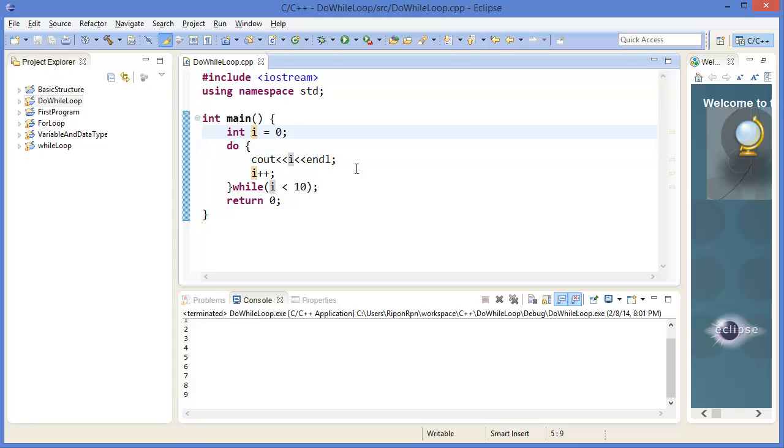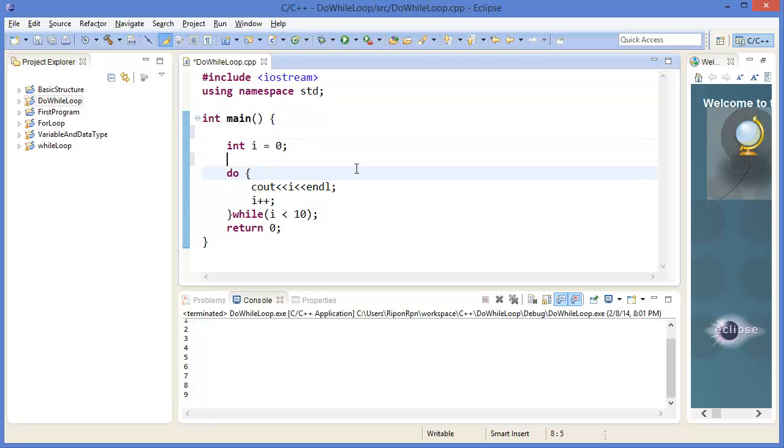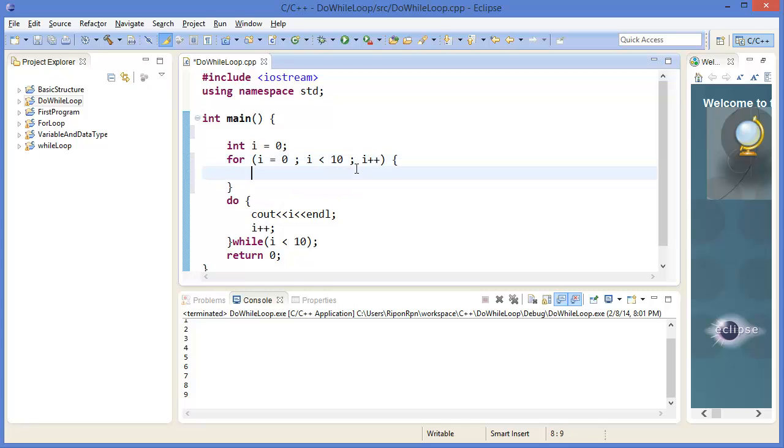Suppose I want to write a for loop for i equal to 0, i less than 10, i plus plus. In this case, this is the initial part, and after the initialization part, it will check the condition. That means from the beginning it will check the condition,